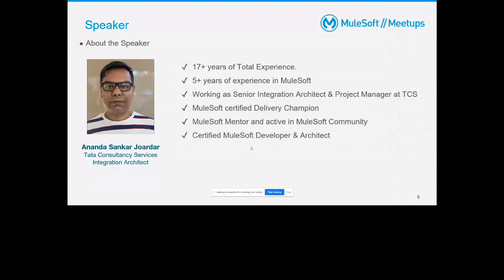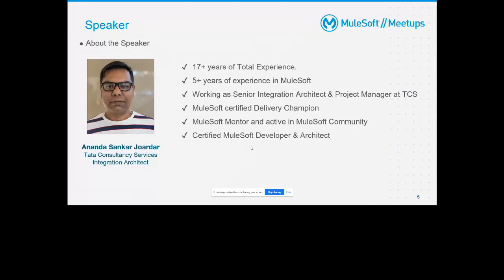I have 17 years of total experience, and 5 years of experience in MuleSoft. Currently I am working in Tata Consultancy Services with a few large customers, helping them set up MuleSoft in their organizations. I am a certified delivery champion and a certified MuleSoft architect.